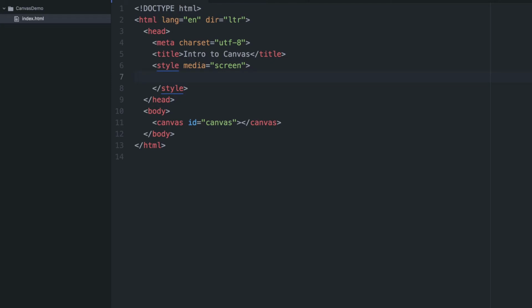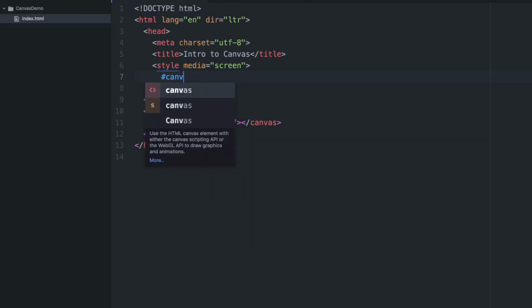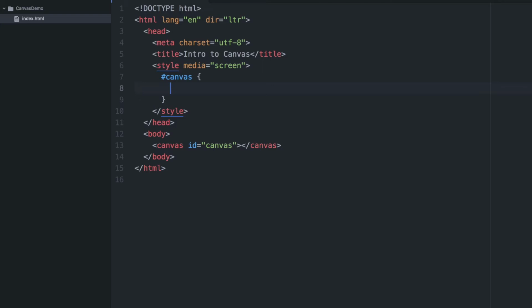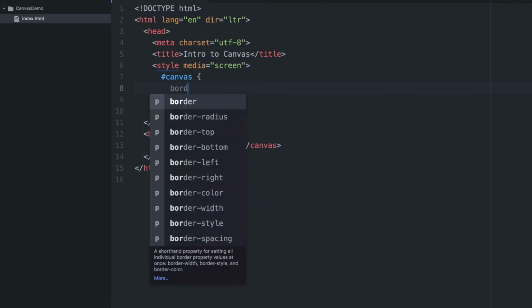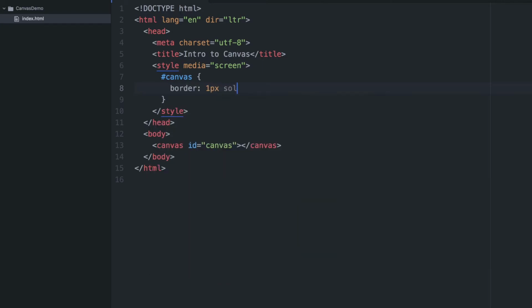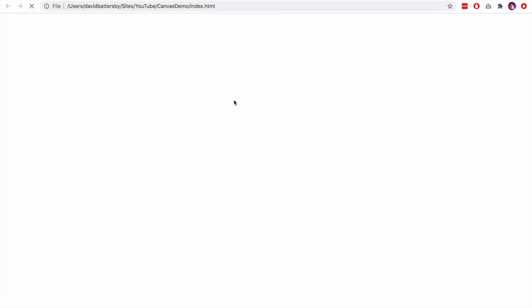I'm going to begin by adding a border around the canvas. This will just allow us to see the canvas on the page. It's a blank page we have set up in HTML. I'm going to add a 1 pixel border, a solid style border with a light gray background. This is just some very basic CSS I'm adding. And you can see the outline here of the canvas, and you will notice that the canvas is wider than it is in height. By default, the width I think is around 300 pixels and the height is 150